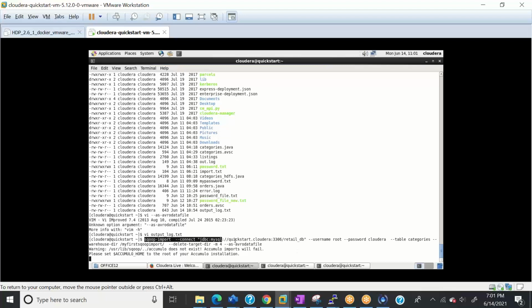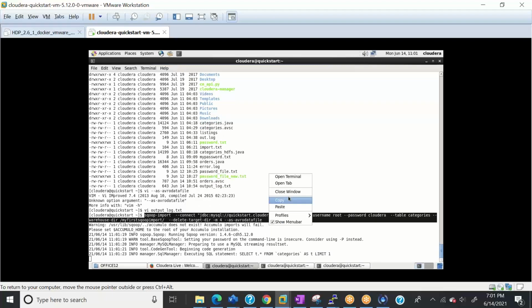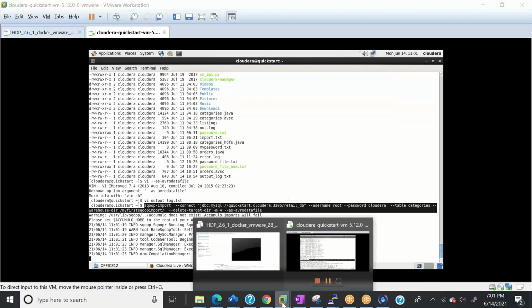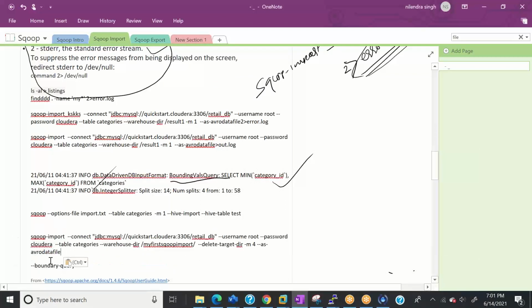Meanwhile, let me copy this command for you. Let me paste it here and use the boundary value condition.